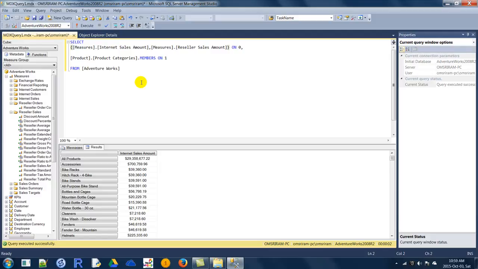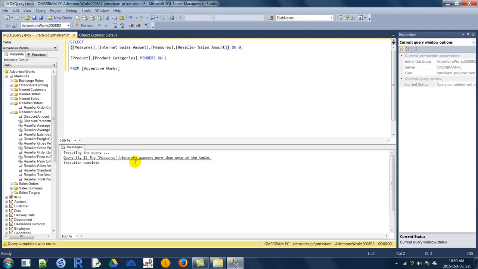It should not work, because this is a member from the same dimension. A tuple is a combination of a single point from different dimensions. As I drew before, it's a single point, but here it's the same dimension, so you cannot establish a single value out of it. So it is a tuple which you cannot make. If you run it, you will get an error.